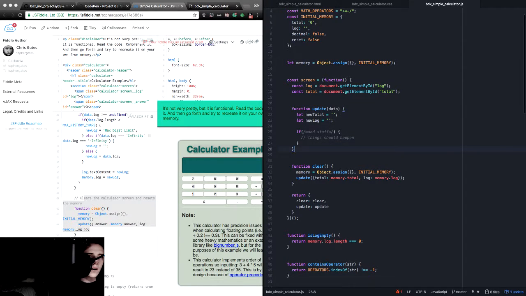Okay, so it's returning clear will return clear, and update will return update. Now, if they are returning their respective functions,